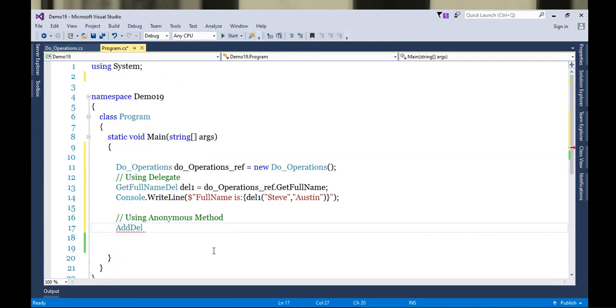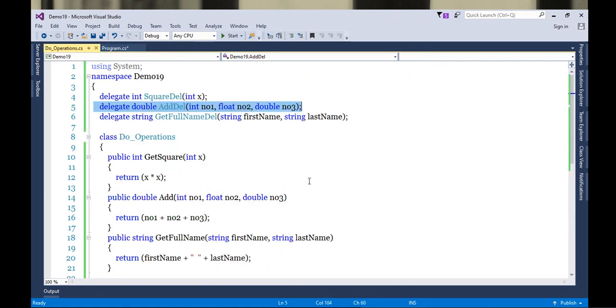So add delegate delegate 2 equals to. Let's specify anonymous method, and what is anonymous method suggesting? Use the delegate keyword, then give the parameter list. So if you consider the parameter list of add, this is the parameter list I got.